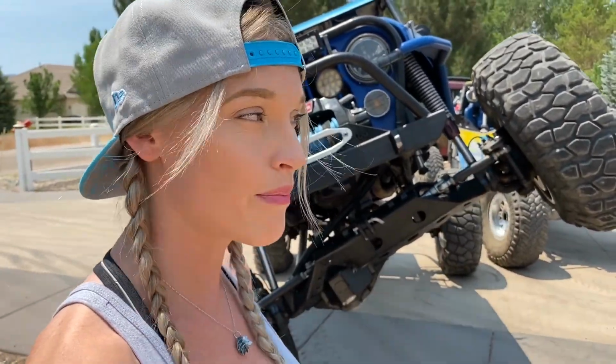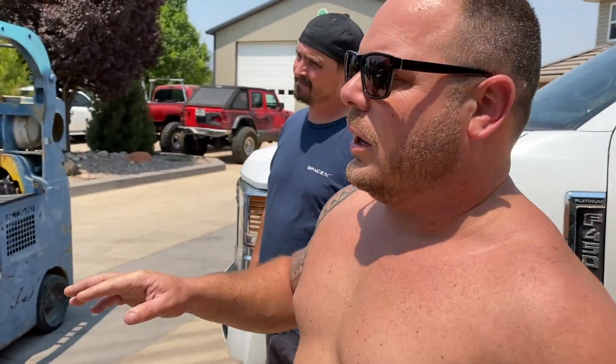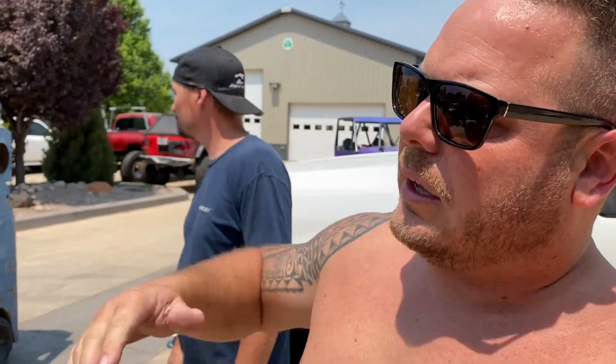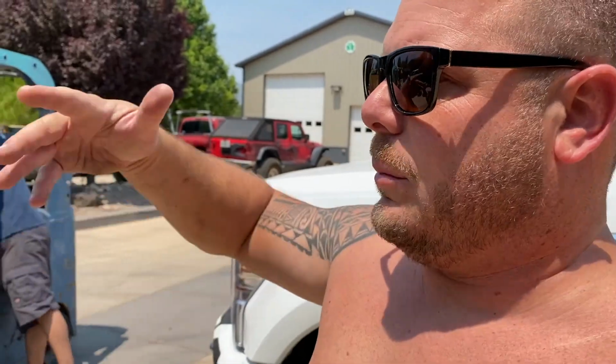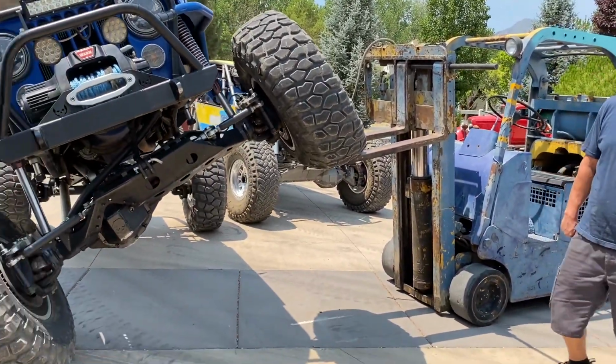But I think we might be able to do more with this if we take out the rear sway bar. So we're gonna disconnect the rear sway bar. We're gonna let it back down, disconnect the rear sway bar, and see if maybe it's keeping it from actually flexing more, trying to keep the body flat. So we're gonna pull it off real quick and see, but the rear is flexing like crazy,